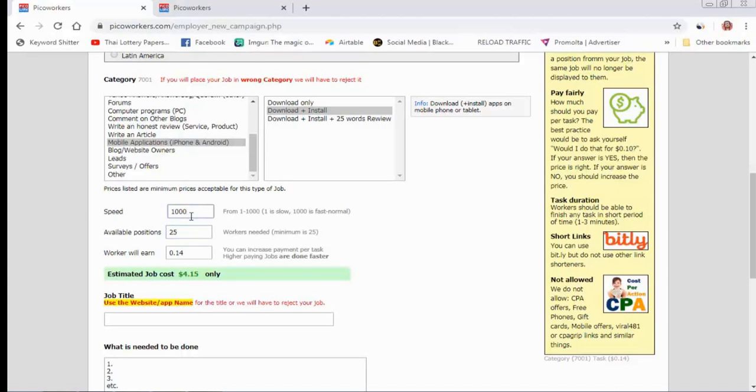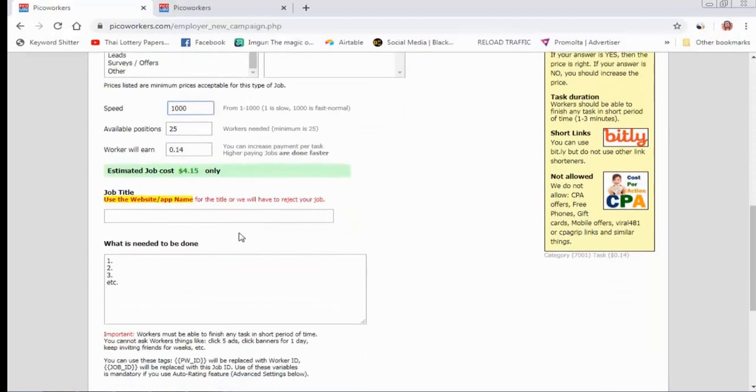If you want fast clicks within a short time, you can run speed 1000. If you want clicks in normal time, you can keep speed 500. And 14 cents is the cost for each worker, meaning each click you pay for.